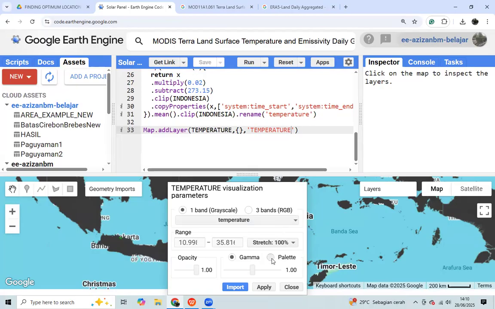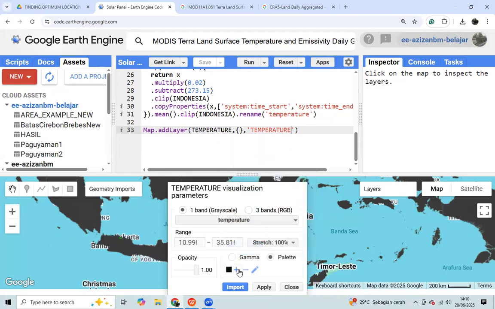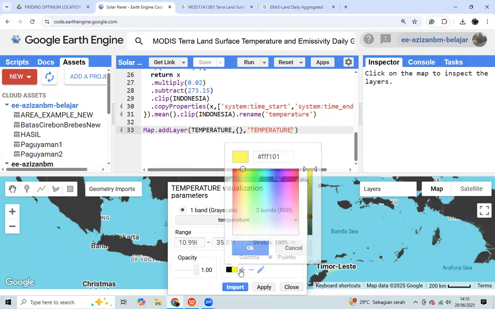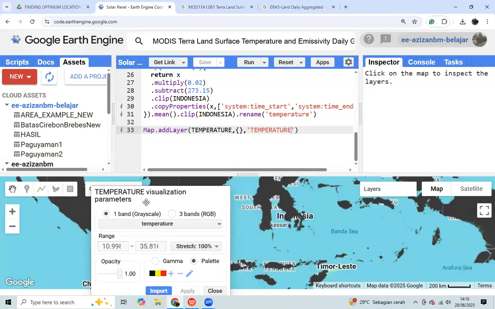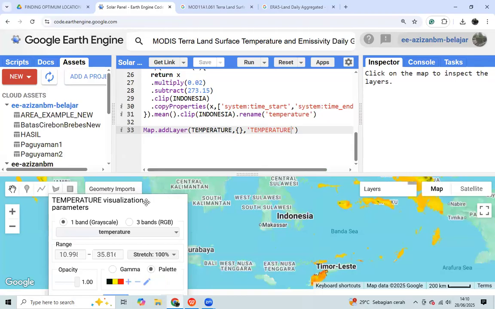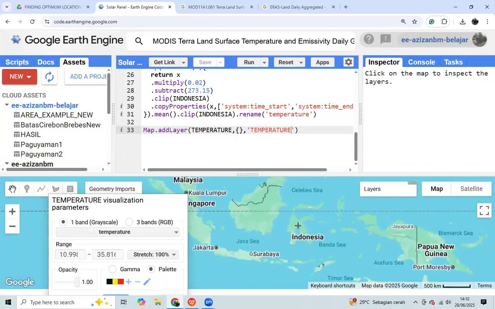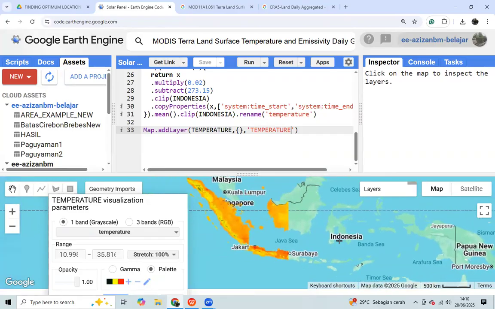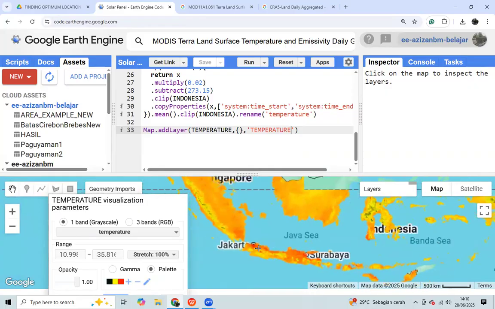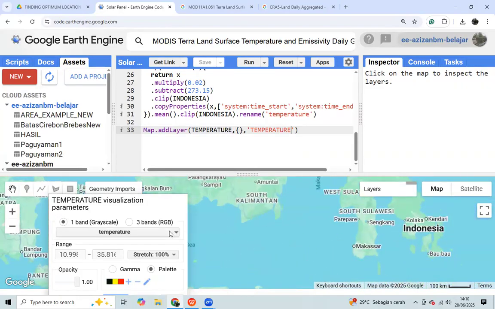And then we click palette from the lowest to the highest, maybe from the green until the red one. We click apply. The red one is the highest temperature, and then the green one is the lowest.